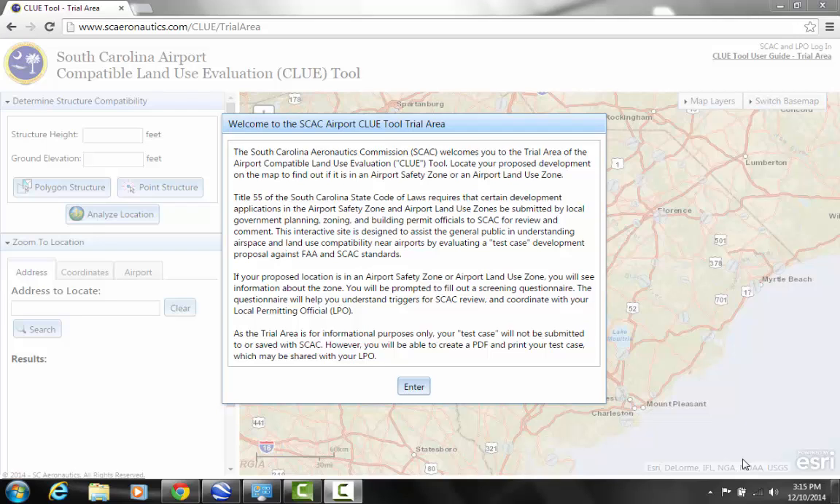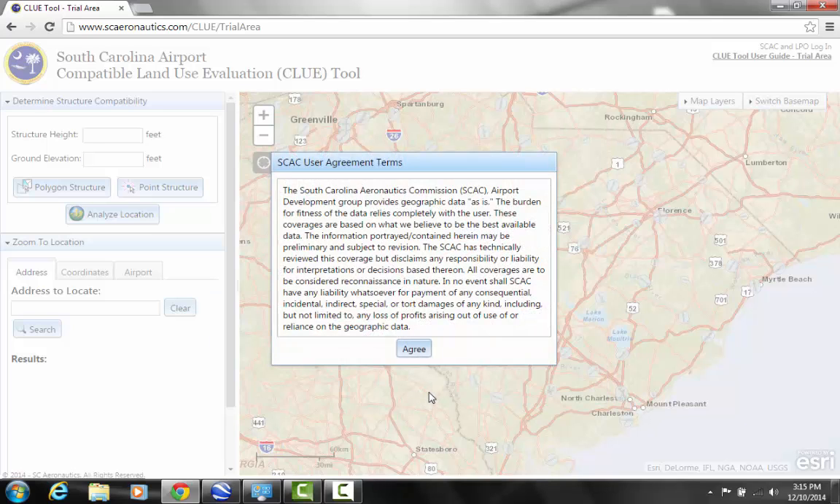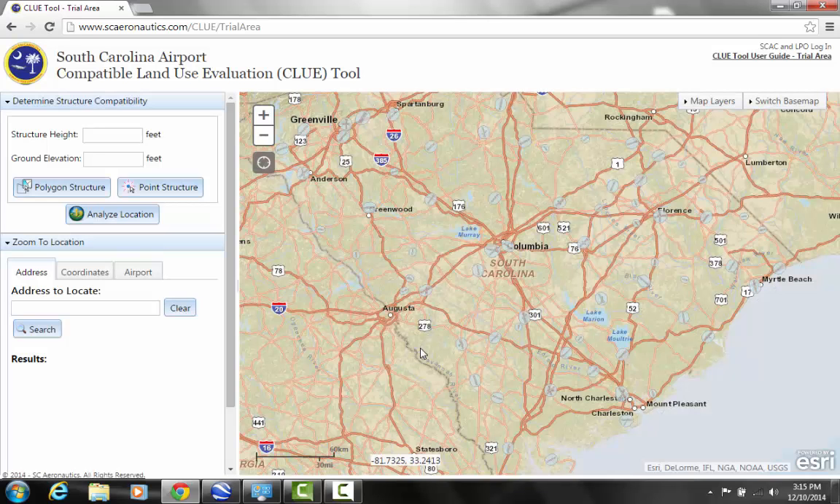You will see a welcome message describing the purpose and function of the tool. After hitting enter, you will see a disclaimer regarding the user agreement terms, particularly in terms of the accuracy of the underlying geographic data of the tool. As you can see, the main page of the CLUE tool consists of a main map page, pull-down menus for map layers and underlying base map options,